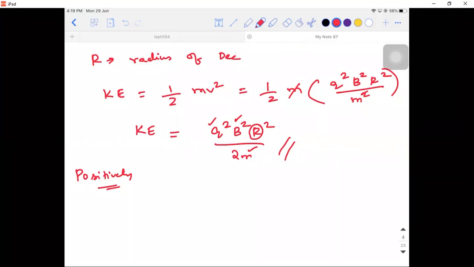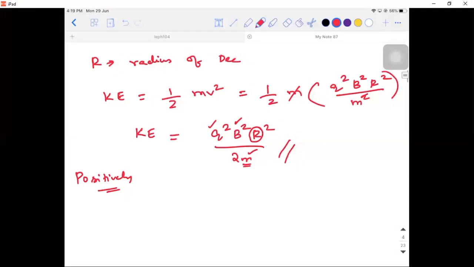Because of the mass of the particle. For an electron, since the mass is less, what will happen? How is the kinetic energy related to mass? Inversely proportional. So if it has lesser mass, it will attain very high velocity, which is difficult for us to control. They will attain very high velocities, and that's not what is needed.